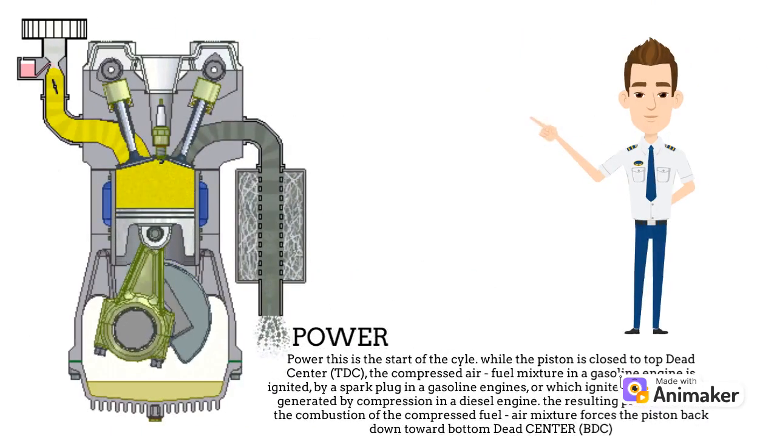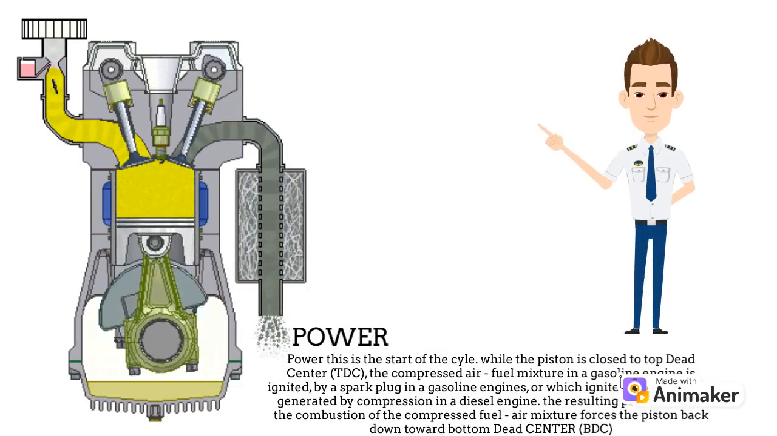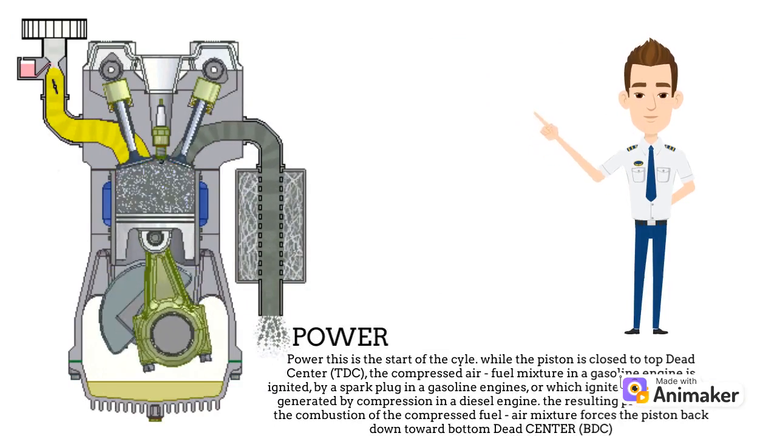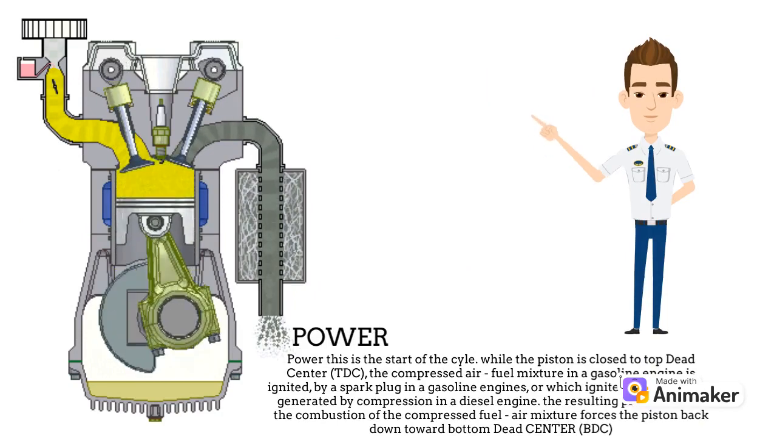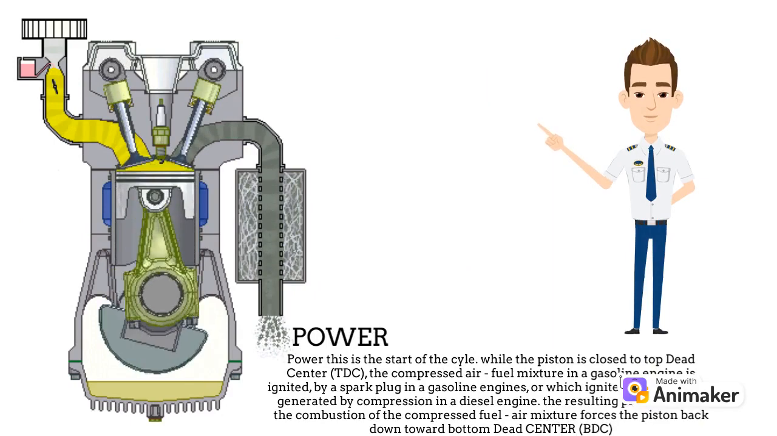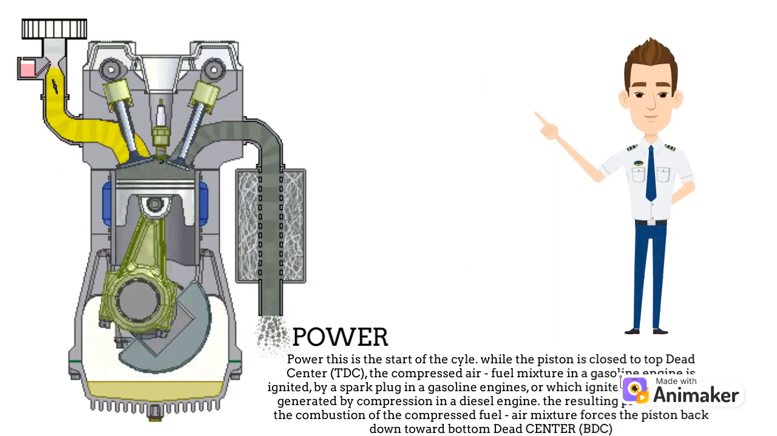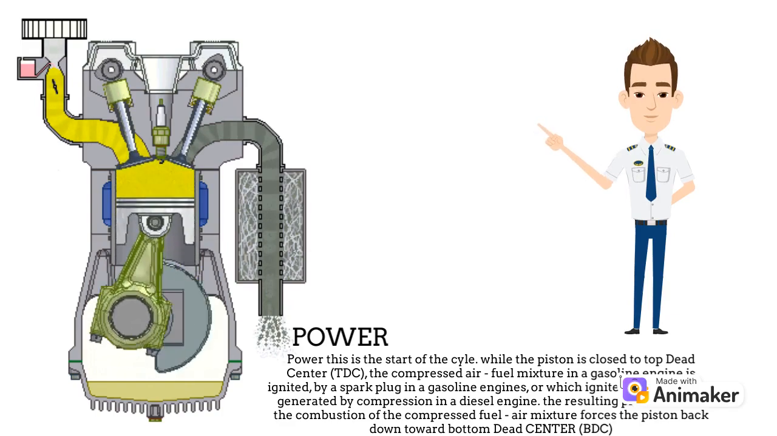Power. This is the start of the second revolution of the cycle. While the piston is close to top dead center, TDC, the compressed air-fuel mixture in a gasoline engine is ignited by a spark plug in gasoline engines, or ignites due to the heat generated by compression in a diesel engine. The resulting pressure from the combustion of the compressed fuel-air mixture forces the piston back down toward bottom dead